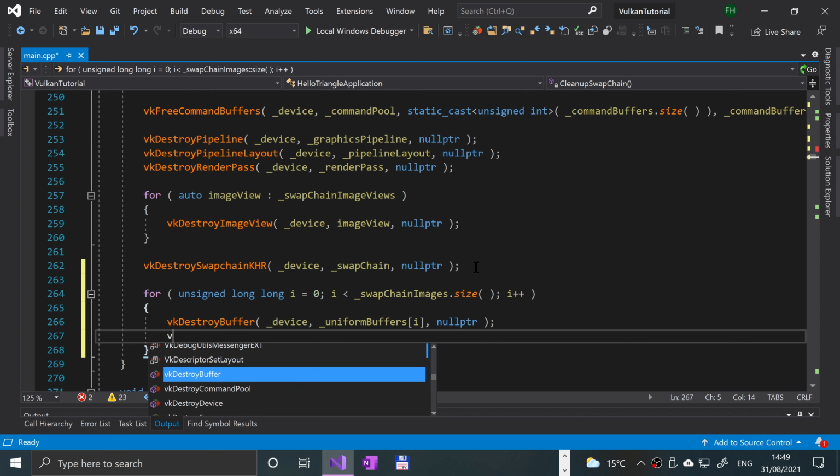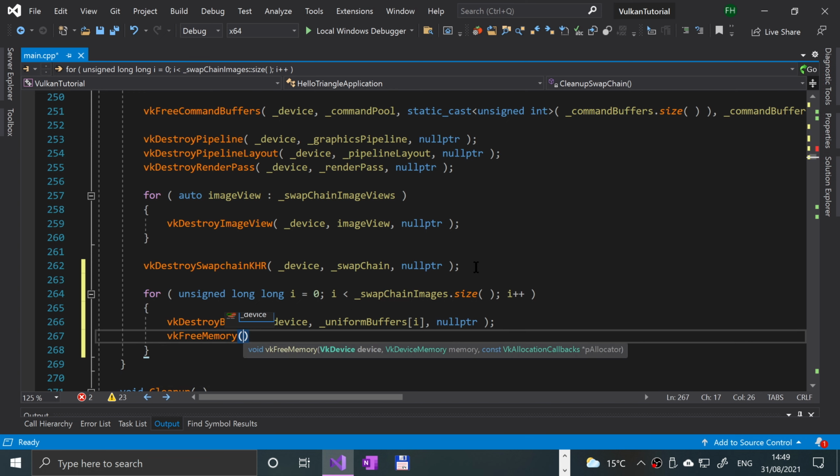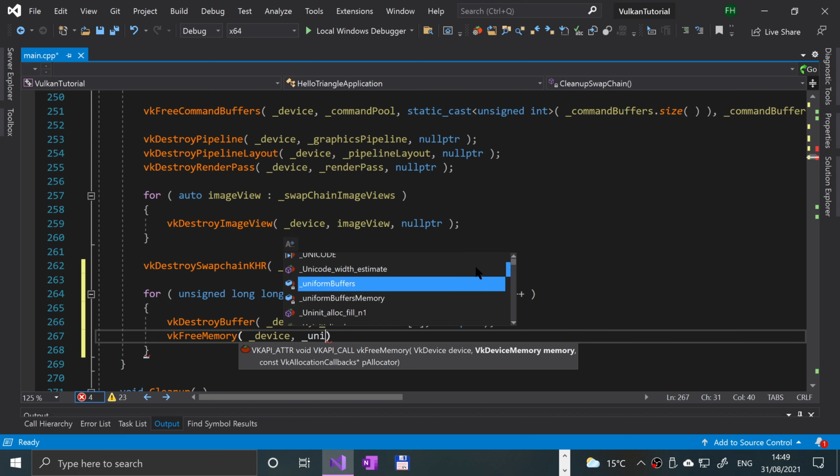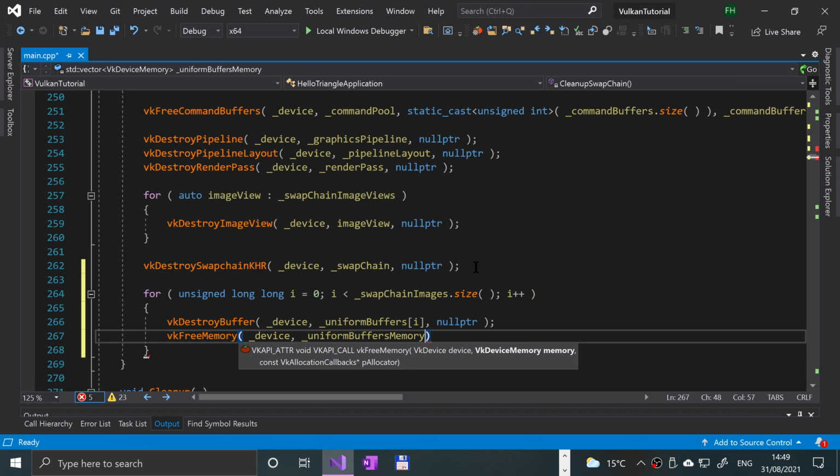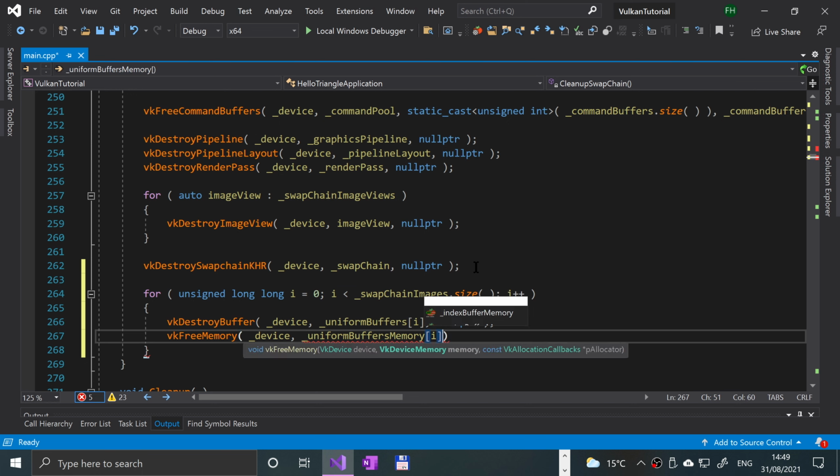Then we're going to put vkFreeMemory to free the uniform buffer memory objects. We need to pass in the Vulkan device, the uniform buffers memory vector, and the particular one that we are doing, and for the callback we'll put no,